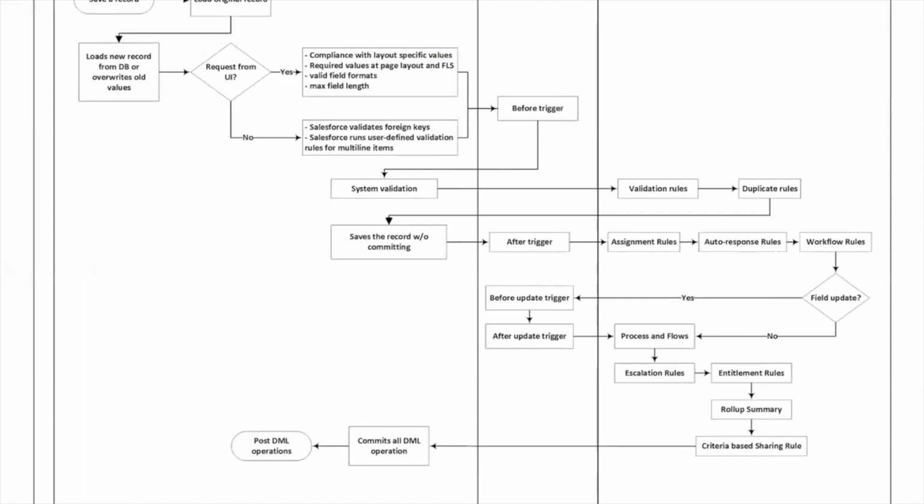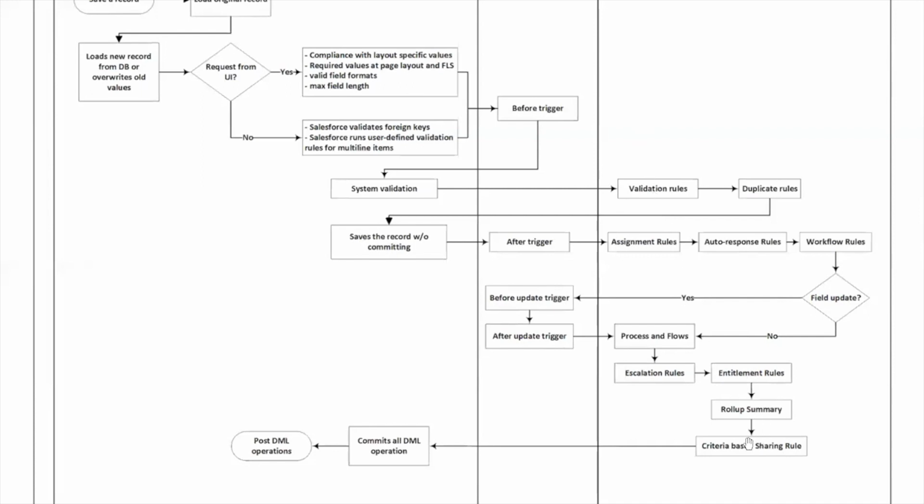For example, if you have a roll-up summary field which is aggregating the amount values from the invoice line item records, and those values are not yet committed to your database, then technically your aggregation will not occur. So you have to make sure that the sequence in which your business rules fire, or need to be implemented, aligns with this particular